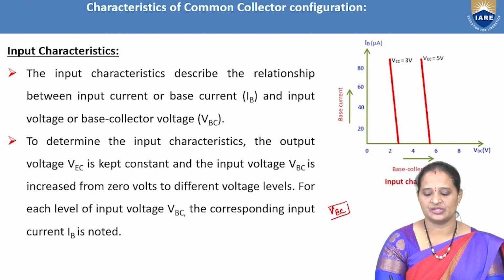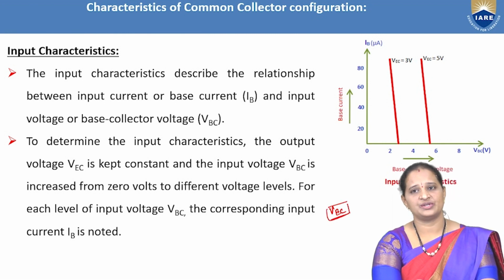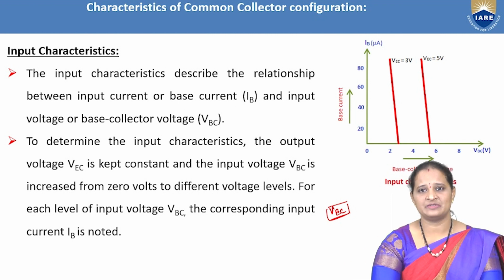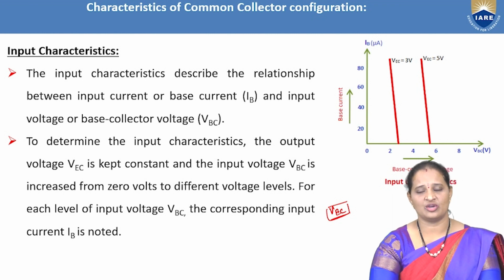VEC is the output voltage. So keep VEC, the output voltage, constant and increase the input voltage in steps and record the value of input current IB, and then draw the graph between VBC and IB by taking VBC on the x-axis